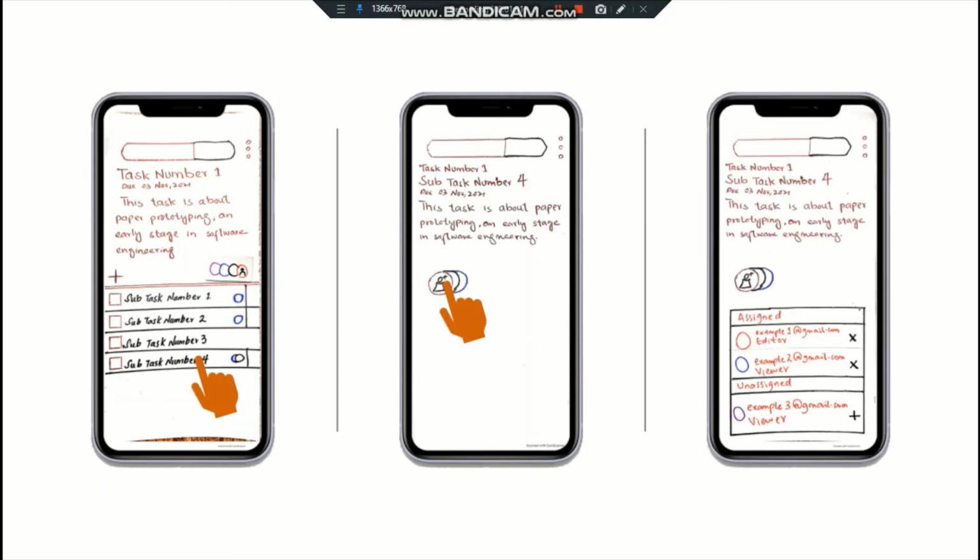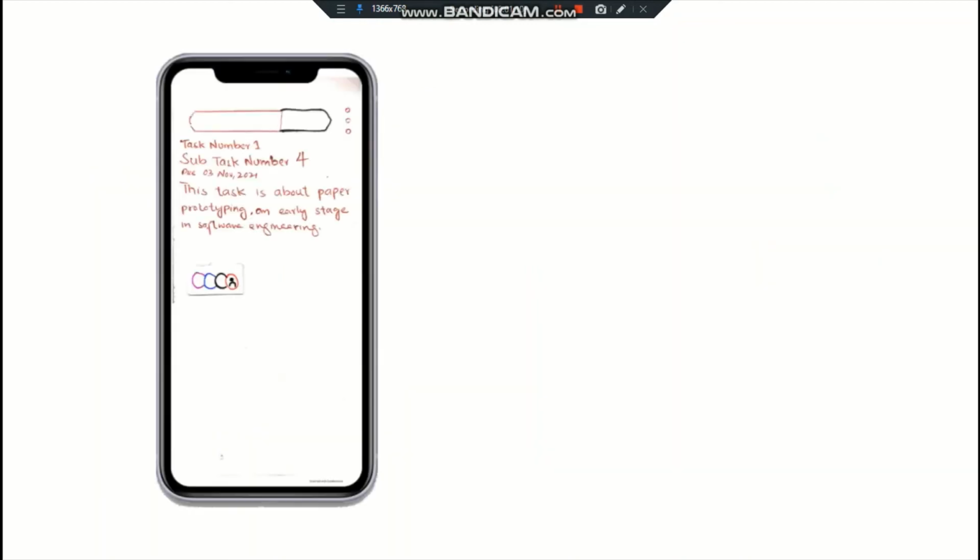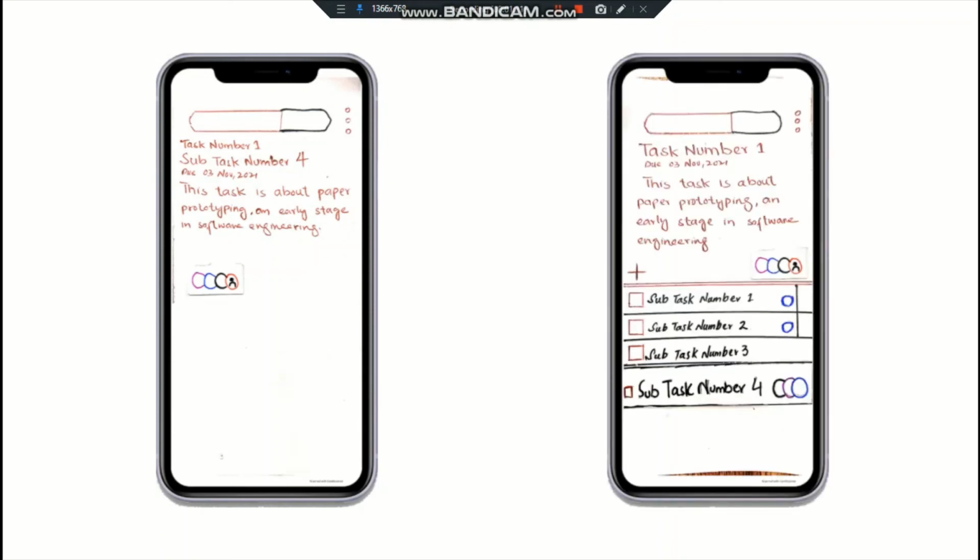If the user wishes to assign a new member from the invited members list, they simply have to press the plus icon. The drop-down will then close and the assigned member's icon will then be added to the bottom of the subtask details. Similarly, on the task view page, the icon of the invited member will also be added next to the name of the subtask in which they were assigned.